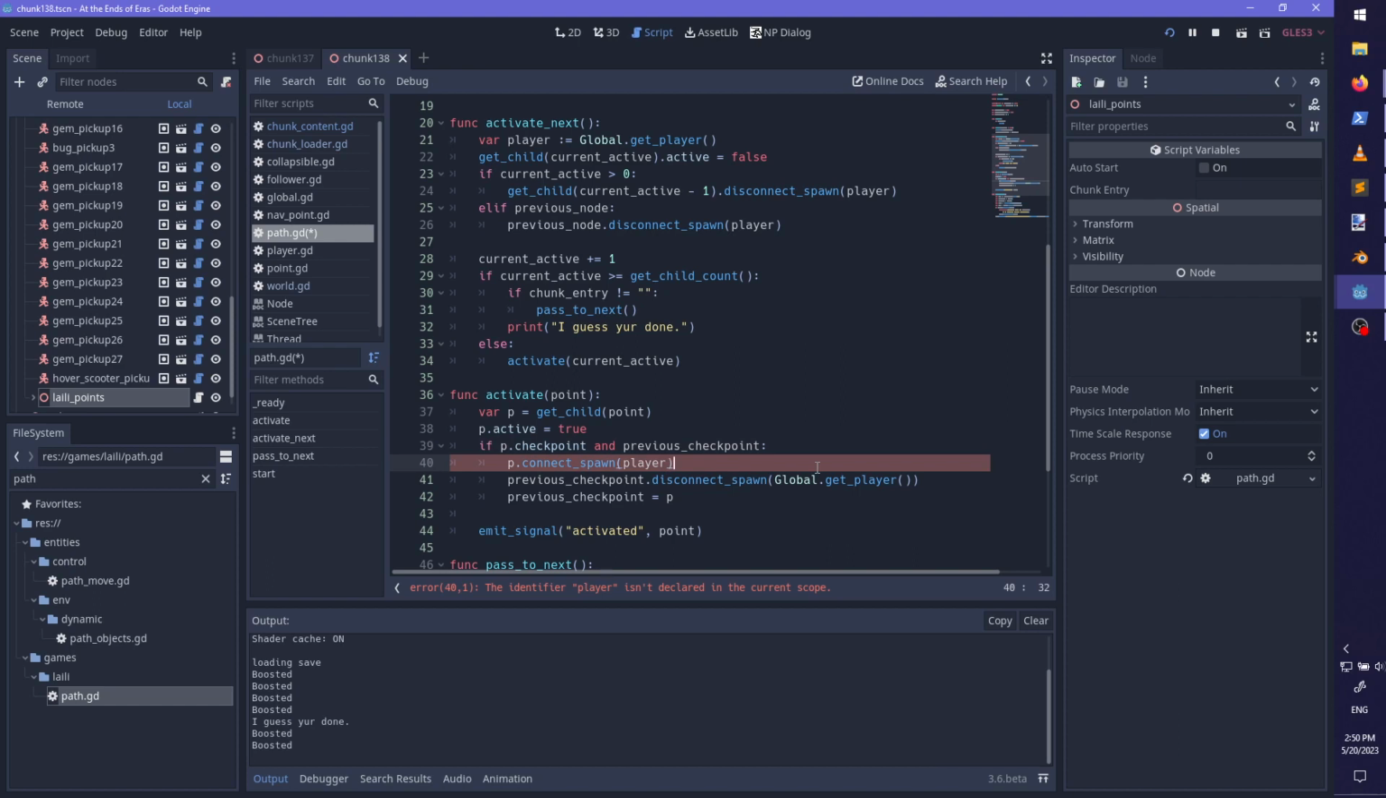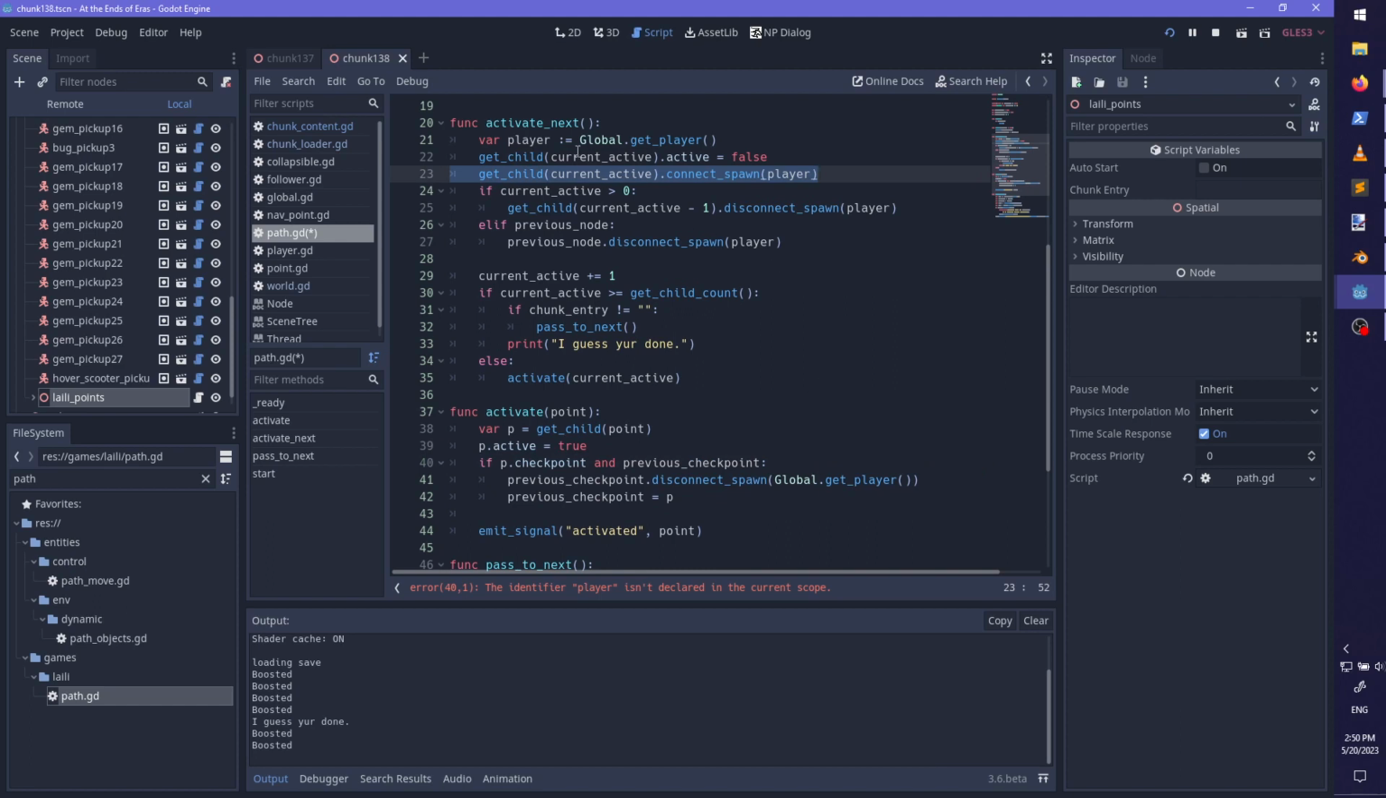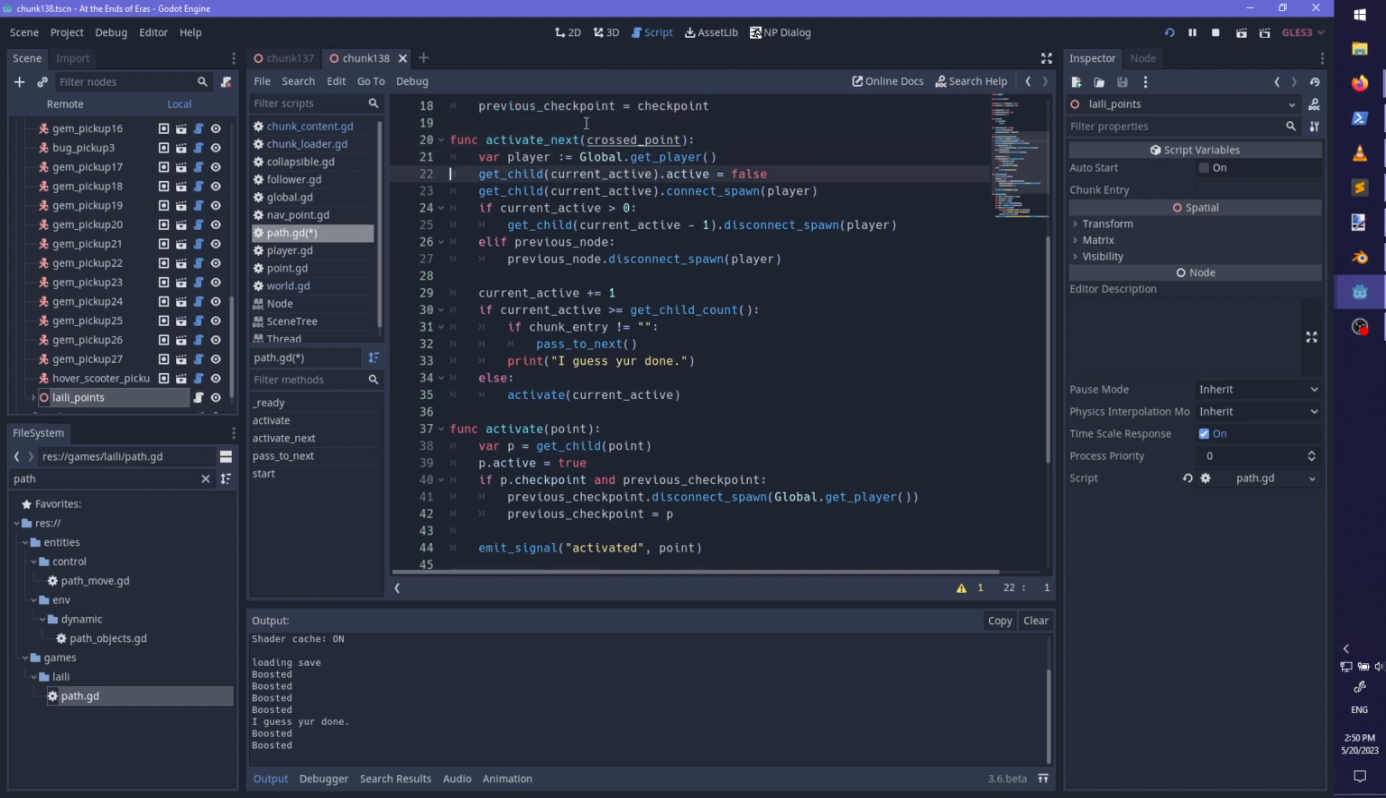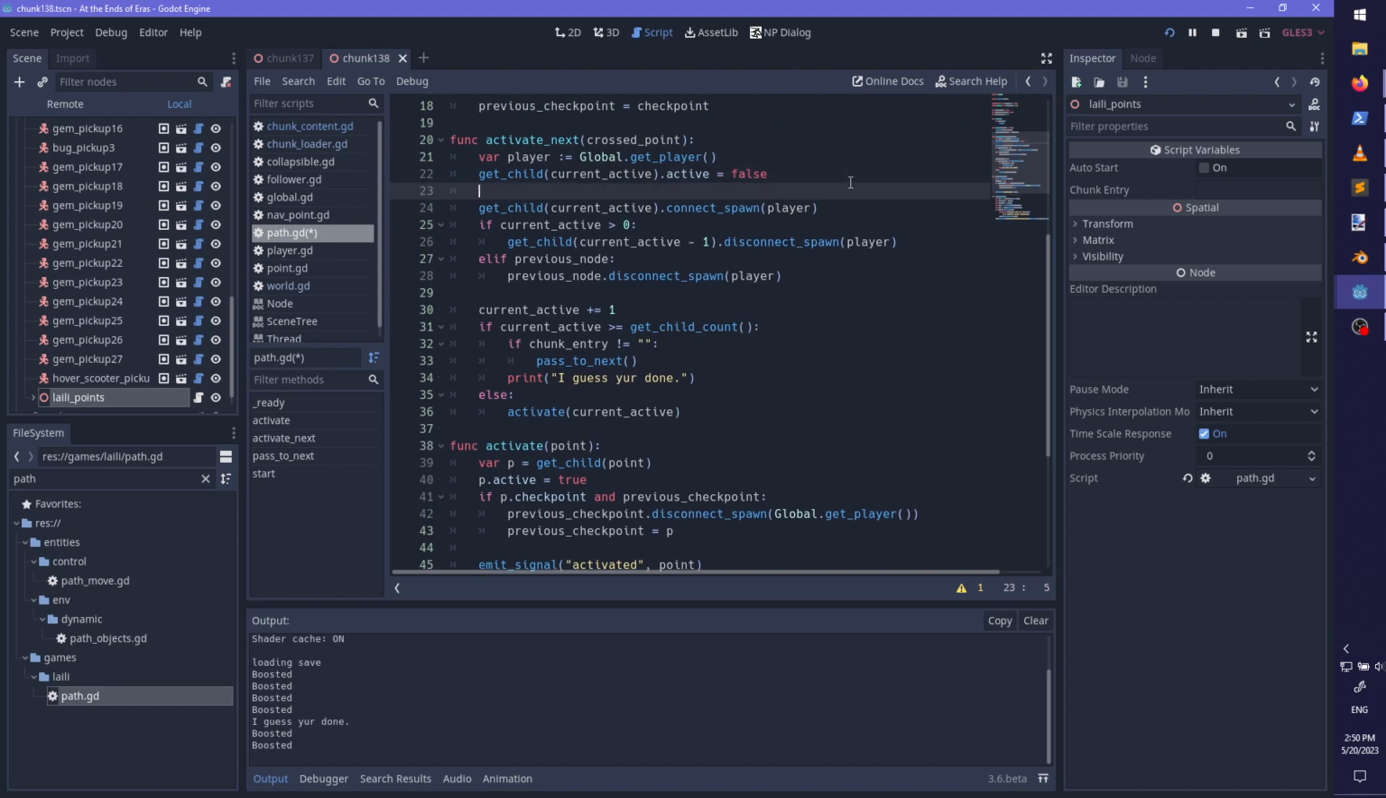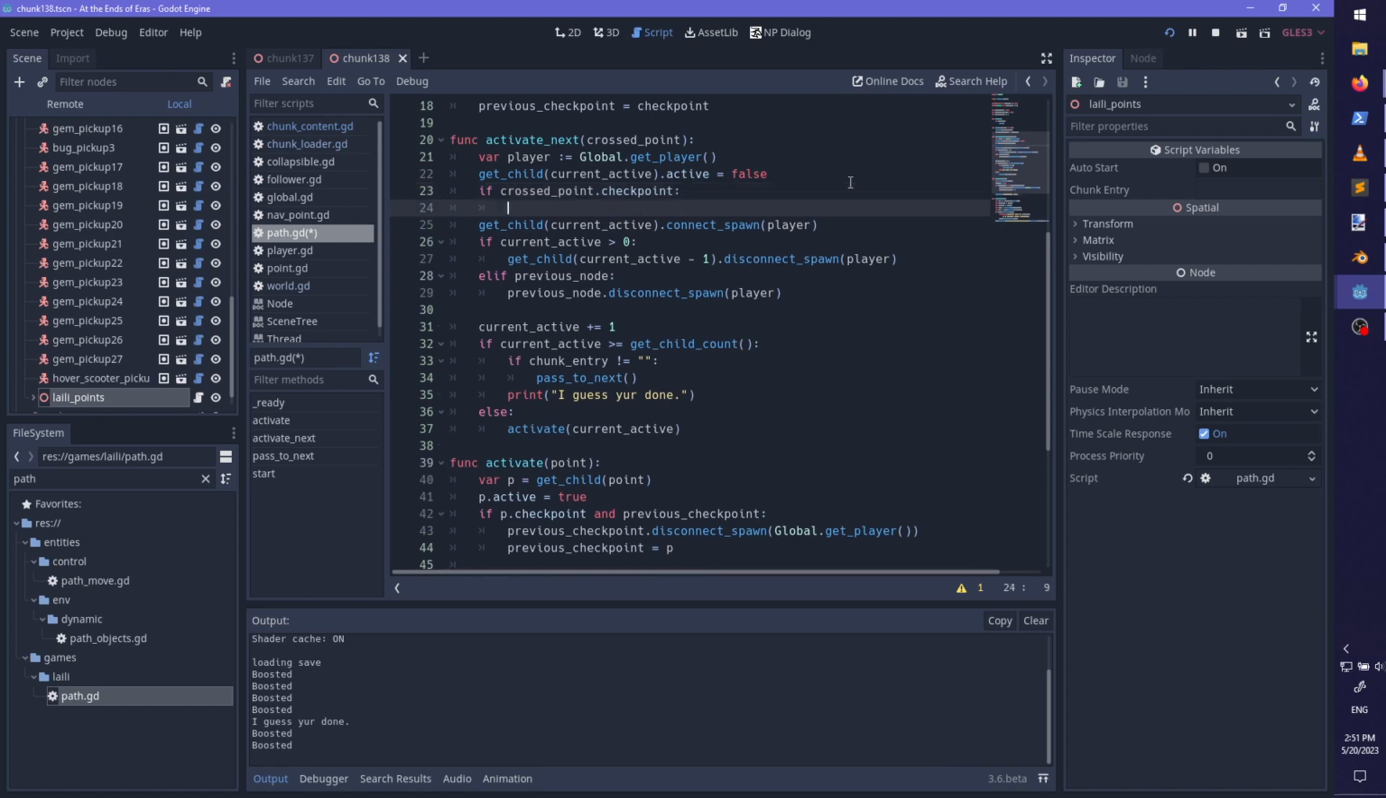Previous checkpoint.disconnect_spawn_player. I guess I don't need these. Oh, wait, wait, no, this isn't quite right. Activate next. And then we should have, like, previous. Or, like, this. Or, like, cross point, I guess. This is complicated. So if crossed point.checkpoint, we do